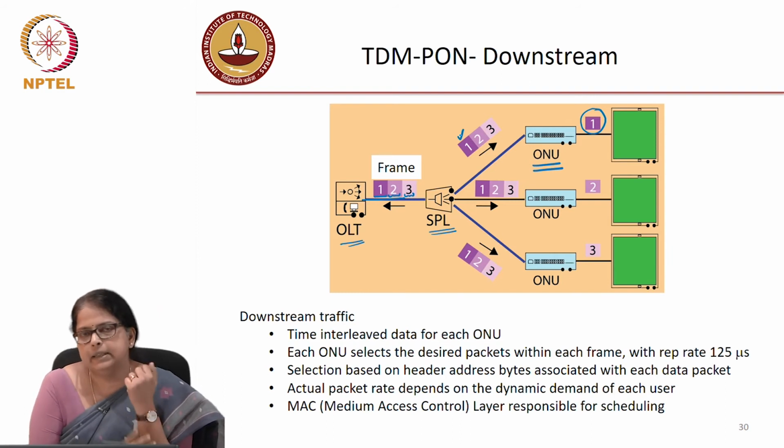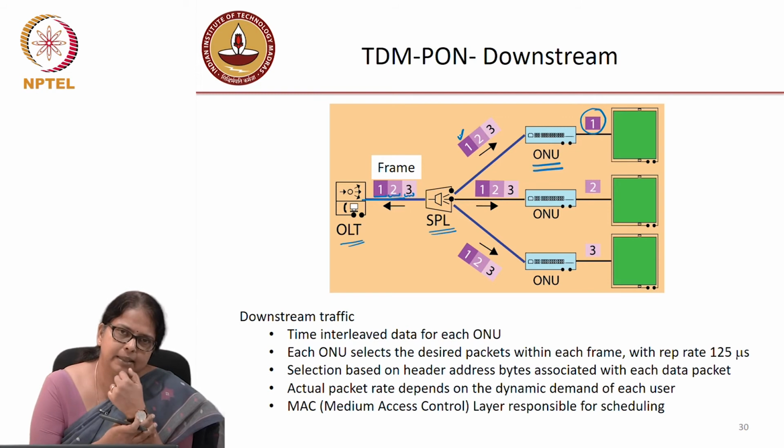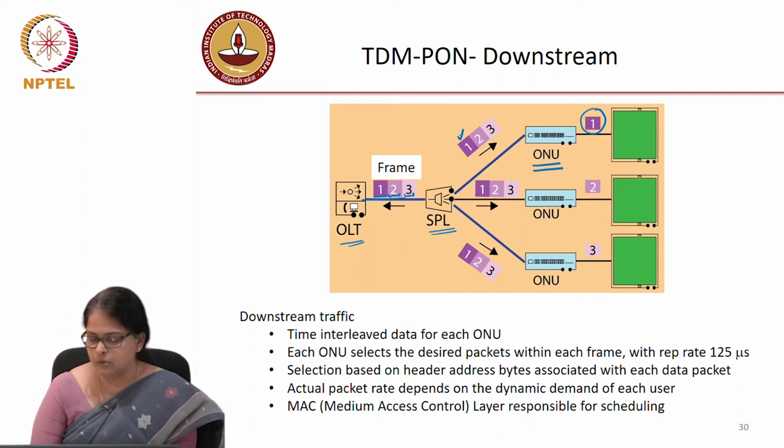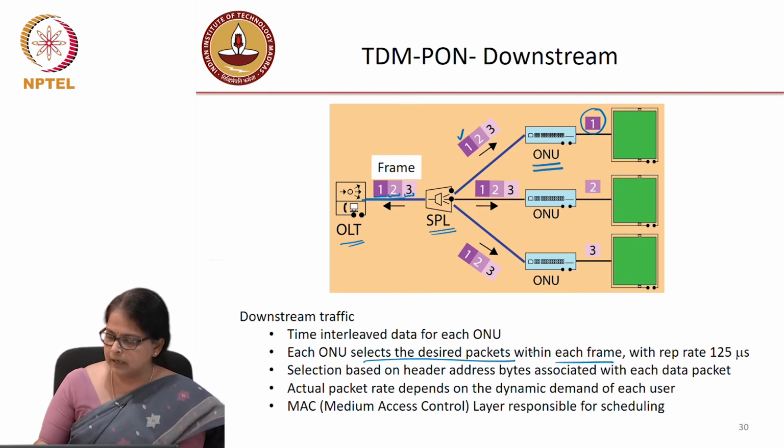Okay, so that is contained in the header information. So in that sense, it is not a very secure way of communication, but this is a very practical way of communication. So every ONU selects the desired packets depending on the address within each frame,